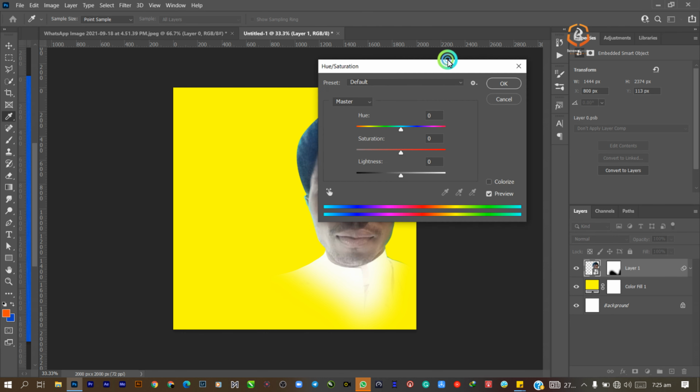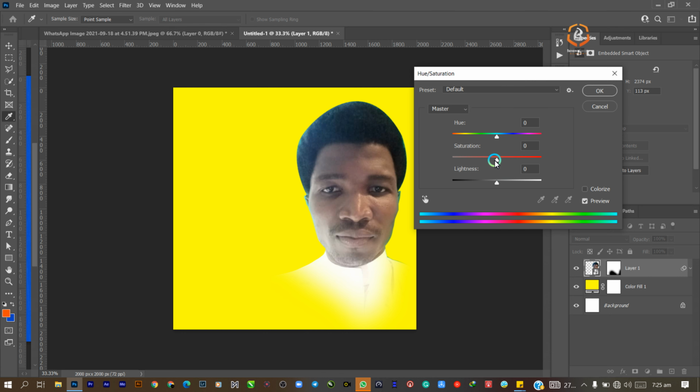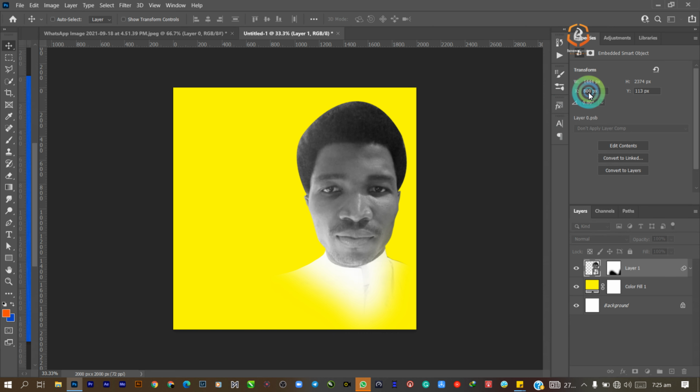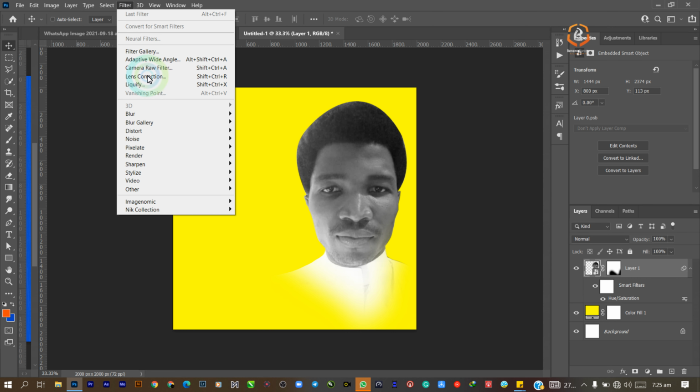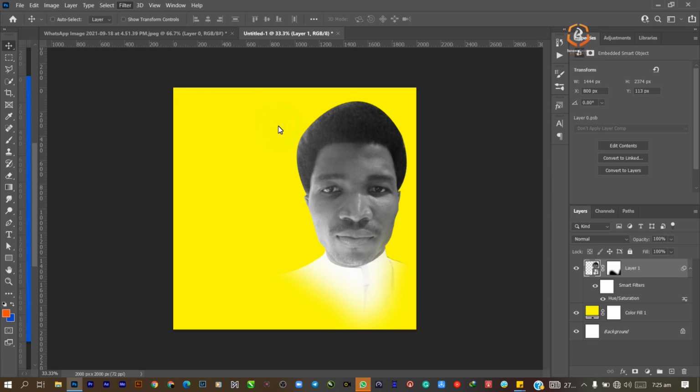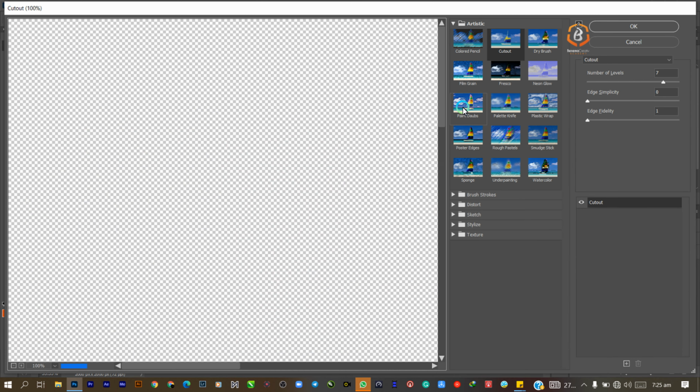Then under saturation, I have to reduce the saturation, something like this. So it's going to be minus 100. Then you press OK. So the next thing I want to do is to add some effect to the picture in order to make it look like artwork, because we don't have a good picture. So there you go. Therefore you go to the Filter menu, then you go to Filter Gallery. Under the Filter Gallery you choose